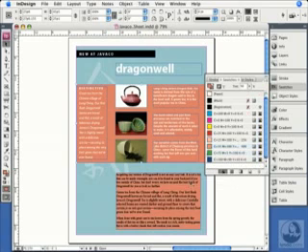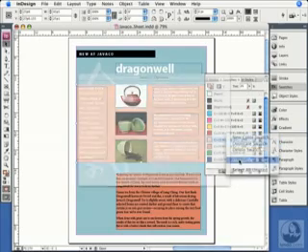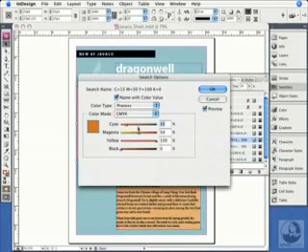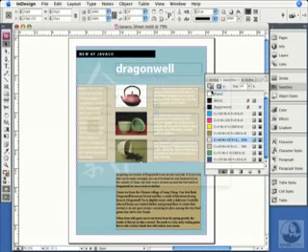Even better, if I later need to change the definition of this red, let's say I'll change this to some other color, maybe a little bit more, whatever that color is, click OK, you can see that all the tints automatically update as well. Sure, it takes a little bit of time to set up your tint swatches at first, but you can save so much more time later that it's really, really worth it.